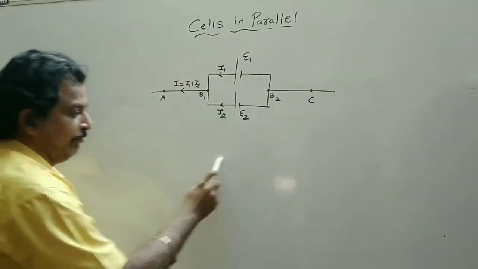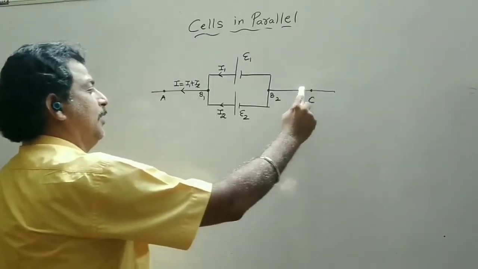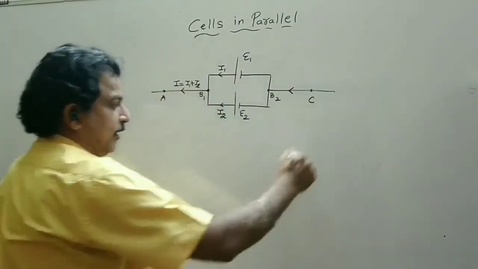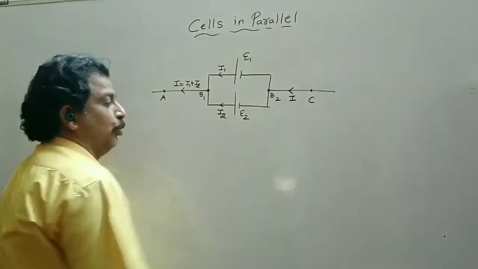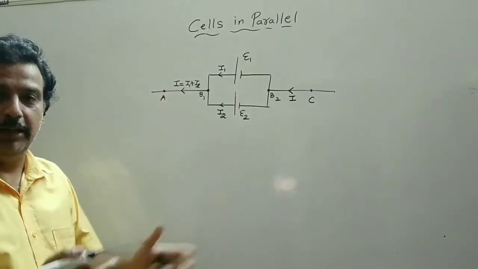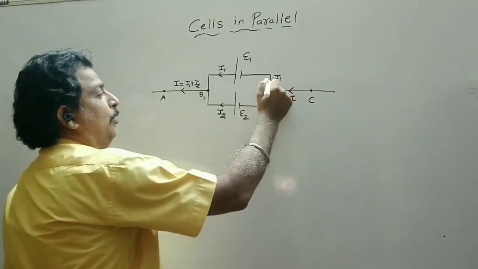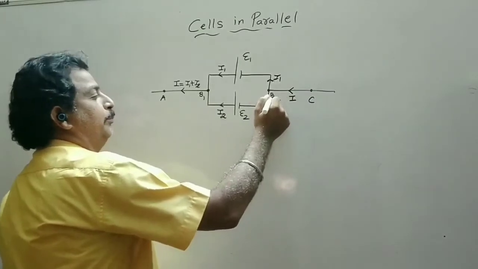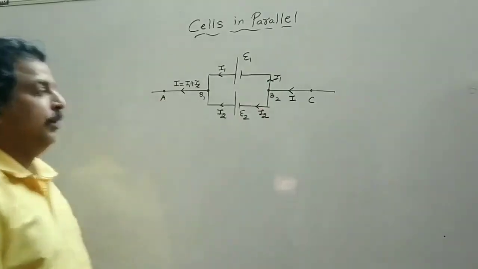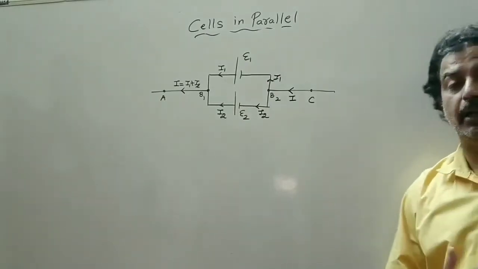Then this current I will flow in the circuit. Here we will connect external resistance and then this current will come at point B2. So the current I flowing in the circuit, when it comes to point B2, we will see in the coming days B1 and B2 will be called junctions, where the division of the current will take place. Again, the current going in from point B2 is I1 in the E1 cell and this is I2. So this is the diagram for two cells connected in parallel combination.